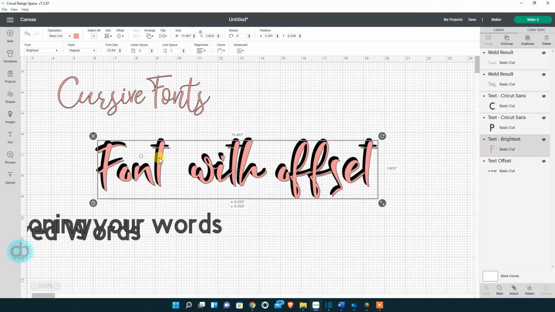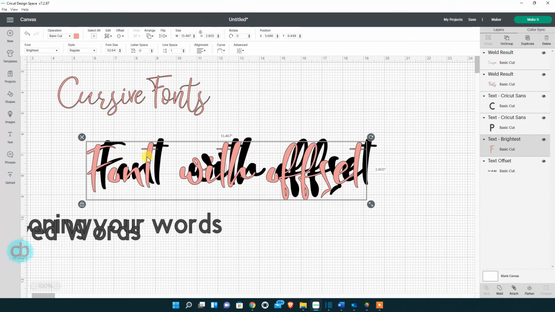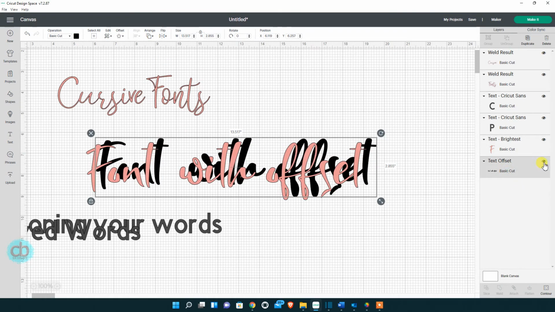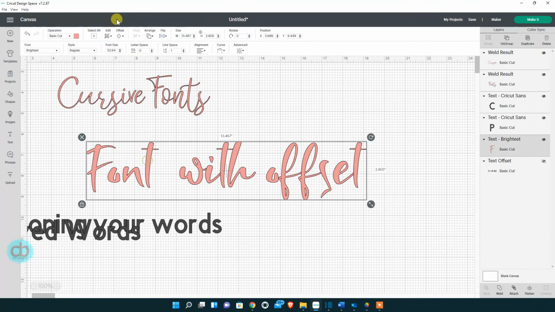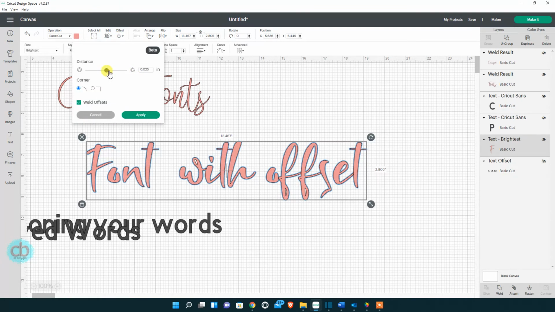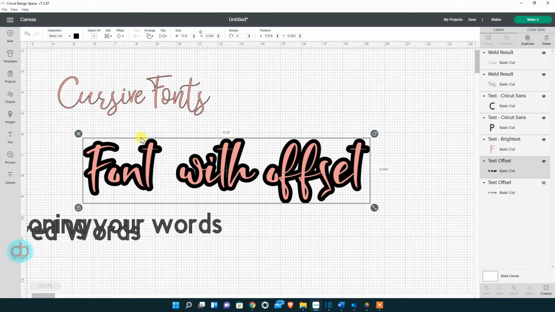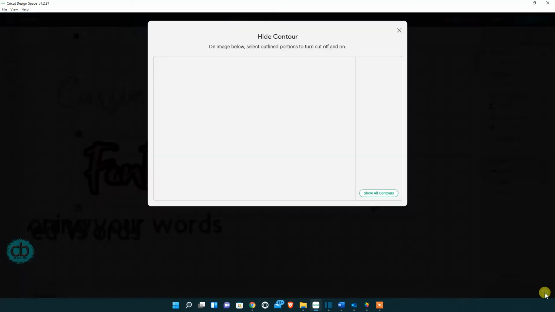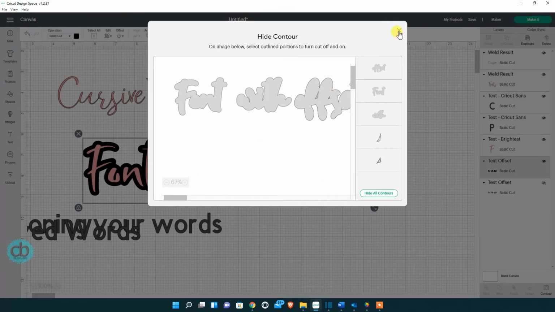So there was one offset to do with that. You can also make it bigger, so I'm going to get rid of it or hide it. Just put a nice little bubble around it, like that. Perfect. Now you could go in with offset again, and you could get rid of that little space right there